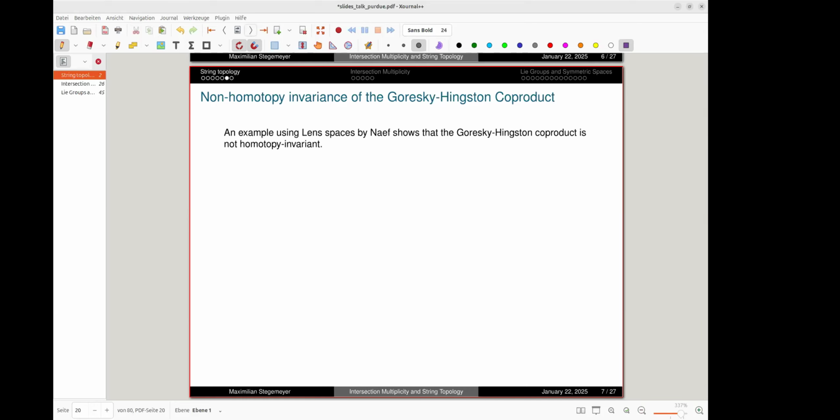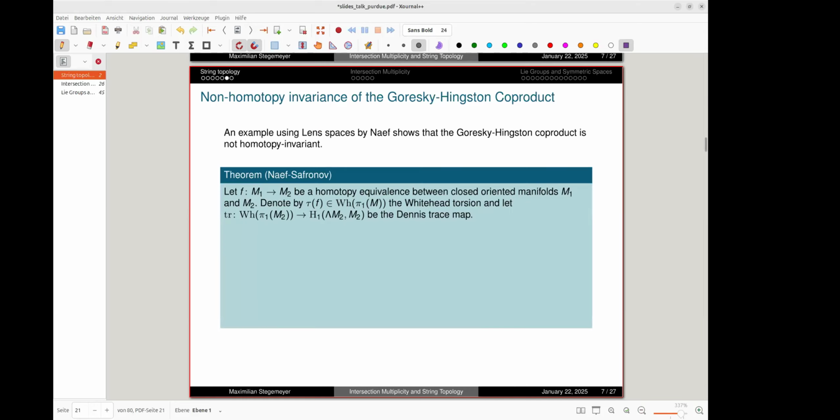And last year, 2024, there is now a theorem that says exactly what the failure of the coproduct to be homotopy invariant is. I quickly want to state the theorem, maybe a bit roughly, and this is by Florian Naef and Pavel Safronov. It says that if we have a homotopy equivalence between closed oriented manifolds M1 and M2, then we look at the Whitehead torsion. This lives in the Whitehead group of the fundamental group, and there's a map, which, as far as I understand this, I'm not an expert in this, is the Dennis trace